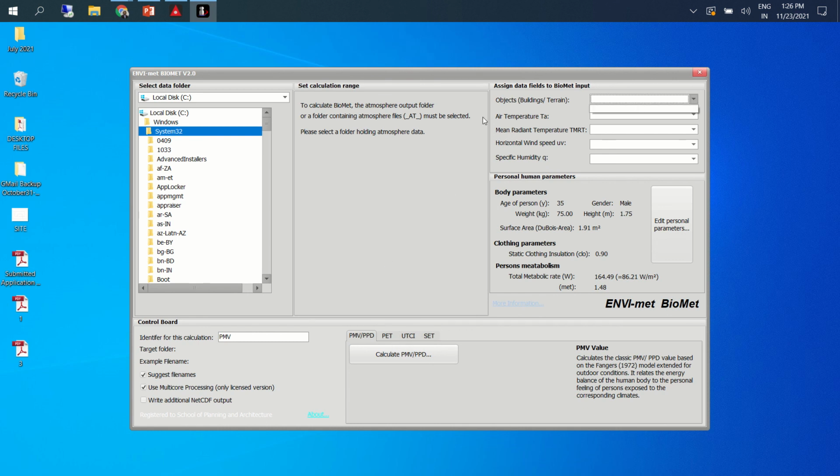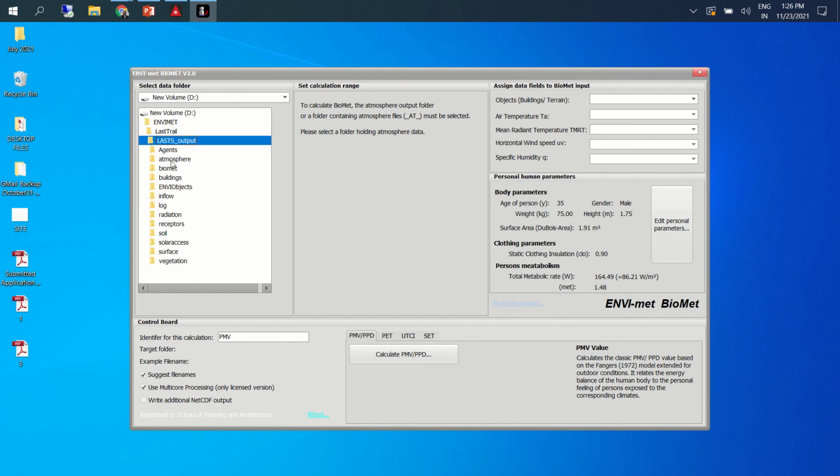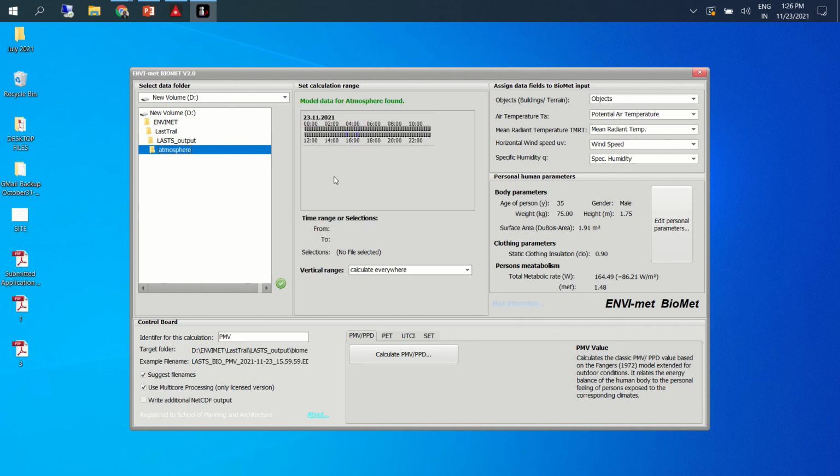What you can do is go to that specific data, and then let's say we want any one of the parameters.